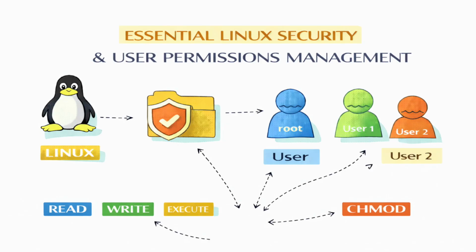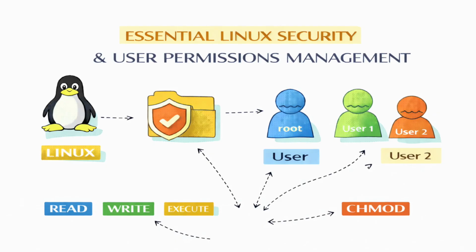Okay, so we've covered identity, access rules, and command execution power, but none of this works if the user identity isn't verified in the first place. Which brings us back to authentication methods and, crucially, password storage. Right. Authentication is just verifying identity. We break it down into three fundamentals. Something you know, like a password, something you have, like a key or a token, and something you are, like biometrics.